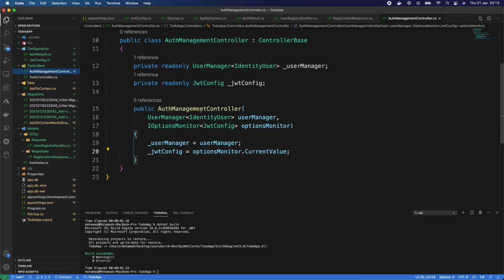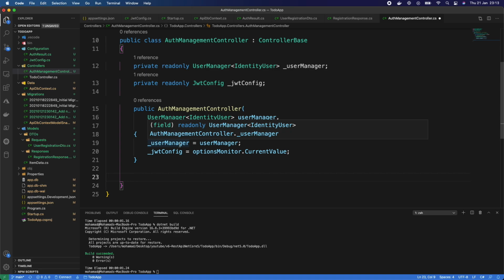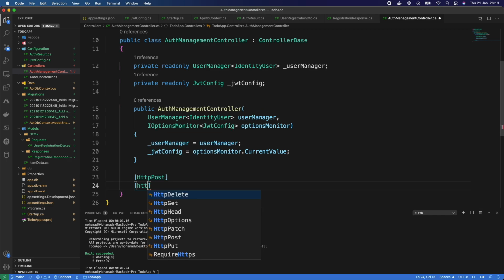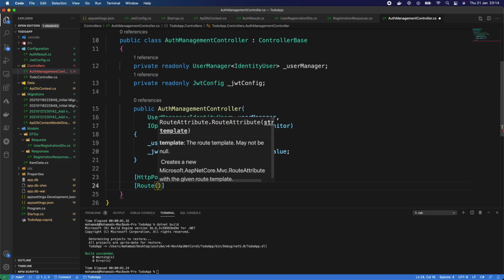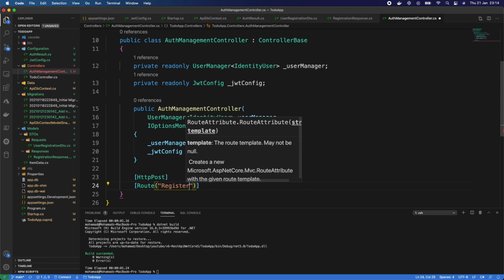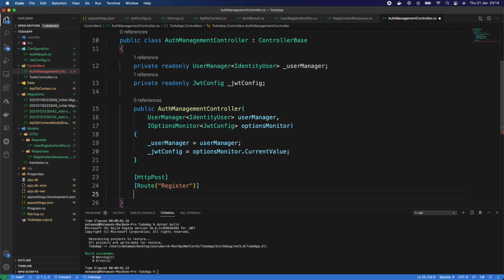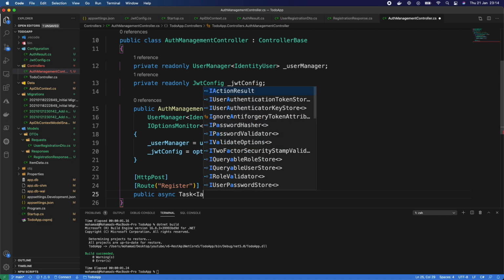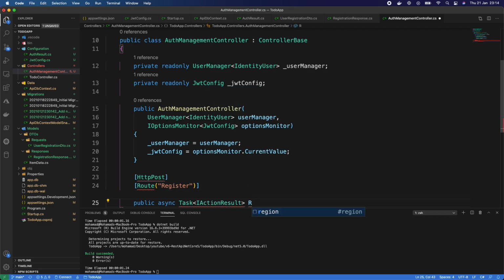Perfect. So after that, we're gonna start by creating our action, and this action is gonna be the registration one. Because we're gonna be registering, we're performing an action, so it's gonna be a post. So the first thing is we need to add an attribute, HTTP post. Then we're gonna define the route, so it's gonna be route, and it's gonna be register. Great. Then public async task, since we're gonna be utilizing the async and await keywords, and we're gonna return an IActionResult. We're gonna call it register,